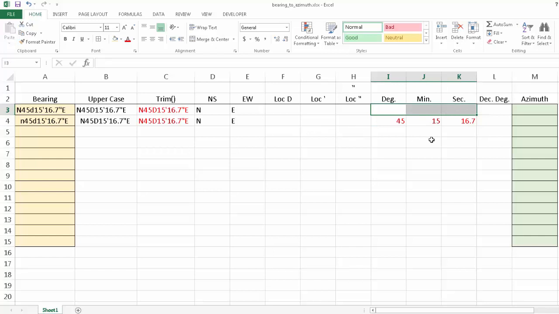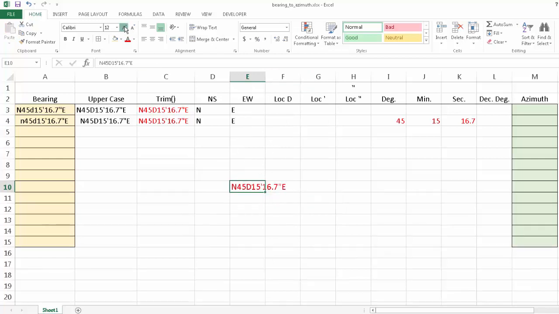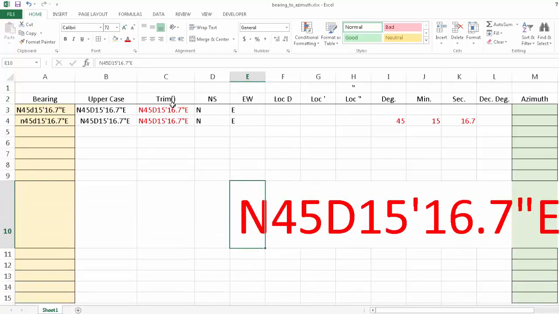We don't want to have to punch these in manually for every single angle. That would just be tedious. So we want to find a way to deal with the particulars of our text string. So if we copy paste this as a value and we increase the size of this, we can take a look at our formula here,